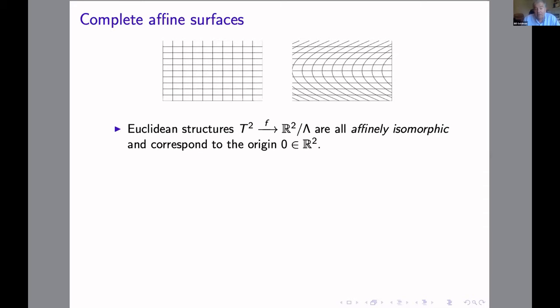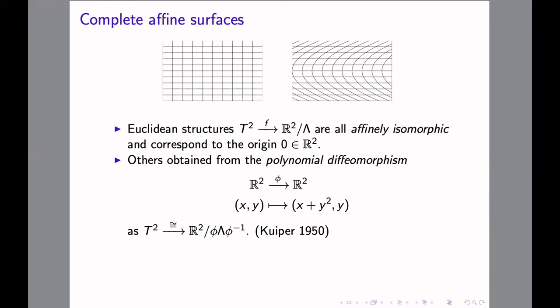So the origin will correspond in our description of a complete affine structure on the torus, which happens to be Euclidean. The others, though, are obtained by conjugating by a diffeomorphism, and the diffeomorphism is about